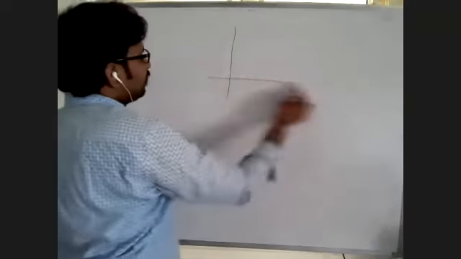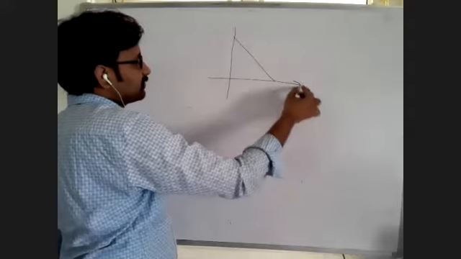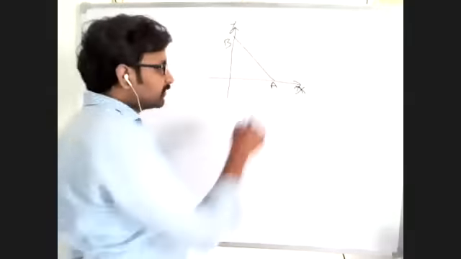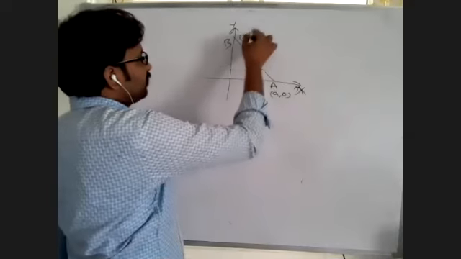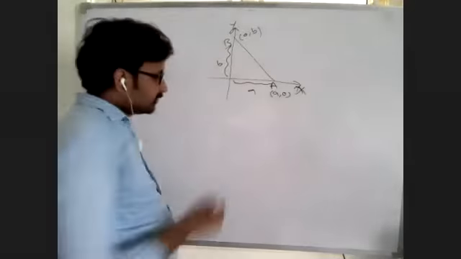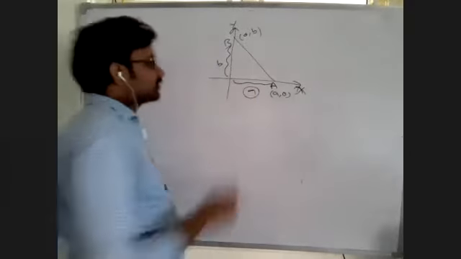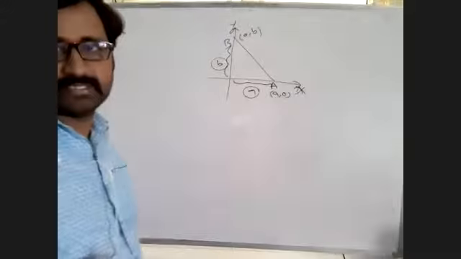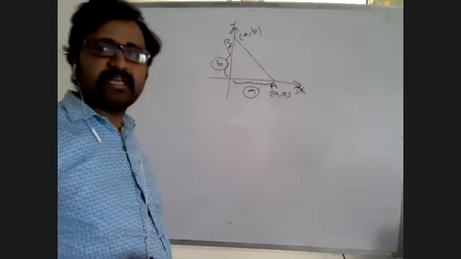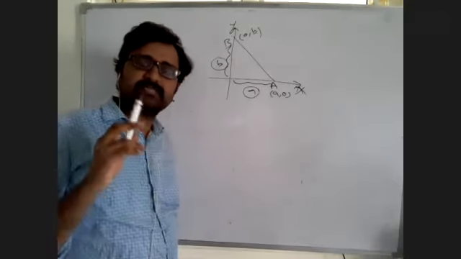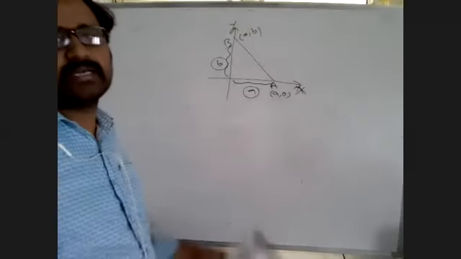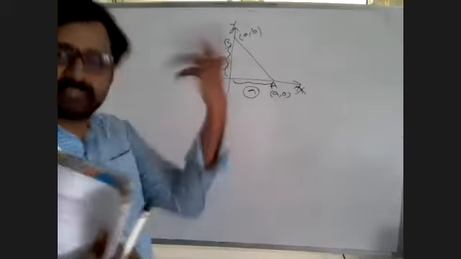See here, if a line cuts the x and y axis at A and B, with A as (a, 0) and B as (0, b), this is small a, this is small b. Then this small a is called the x-intercept, this small b is called the y-intercept. These are the intercepts. We have two intercepts, one is the x-intercept, one is the y-intercept. And here intercepts may be negative also, maybe 0 also.